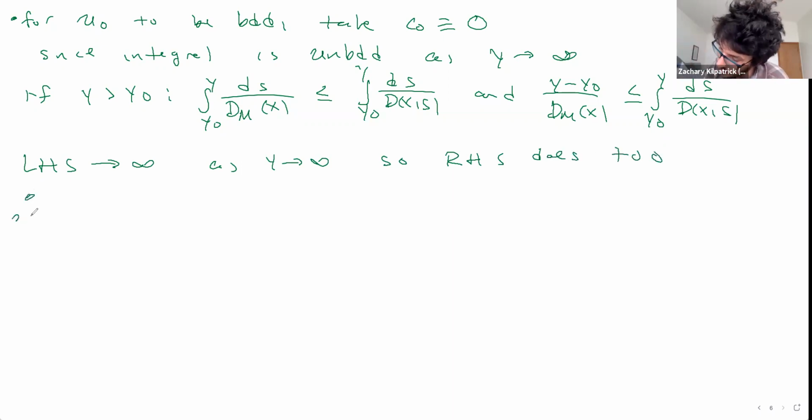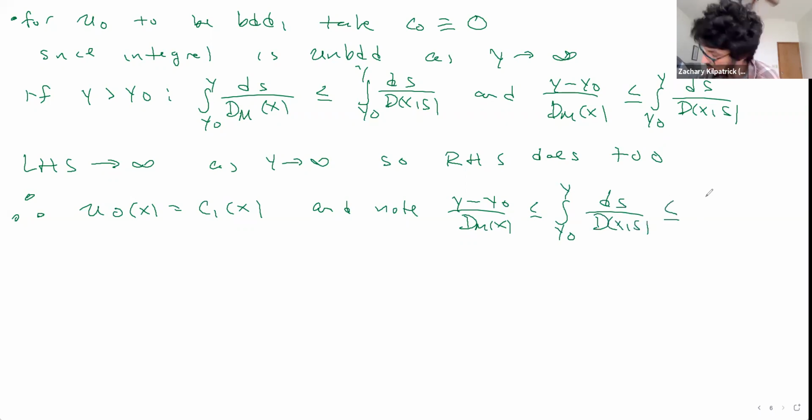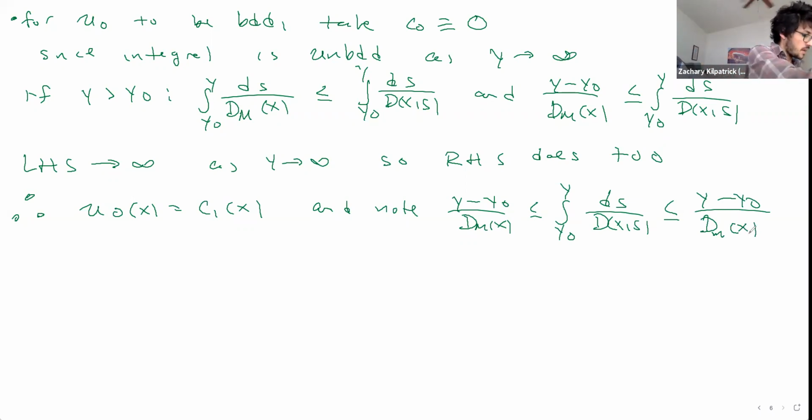Therefore, we're going to take u0 to just be some function of x, and it'll just be c1 of x. And note that (y minus y0) over d big M of x is lower bounding the integral of ds over d(x,s), and it's upper bounded by (y minus y0) over d little m of x, and so that integral